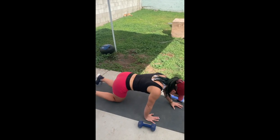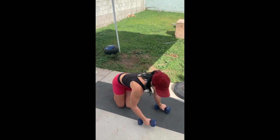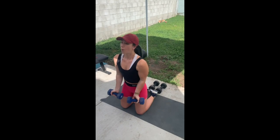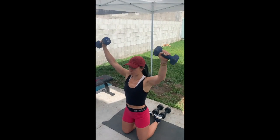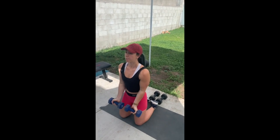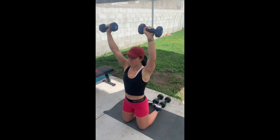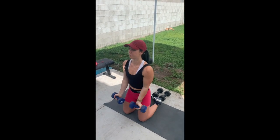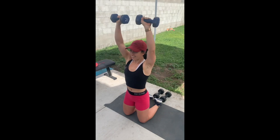For your final move, we're gonna stay down on the knees, and we've got a wide curl to an around the world combo. Lift to the shoulders, weights meet in the middle, weights meet overhead, right back to that curl. So think about this like a 45-degree angle on the curl, and then think about keeping a slight bend in the elbows for that around the world. This one's really hitting the shoulders hard,